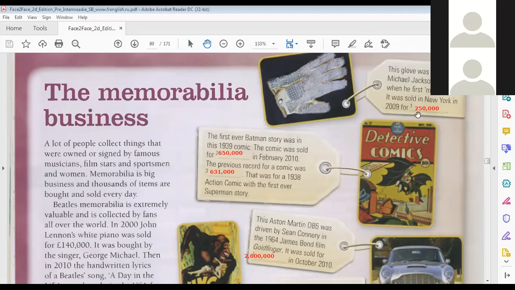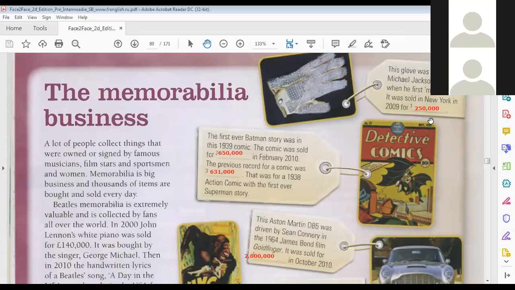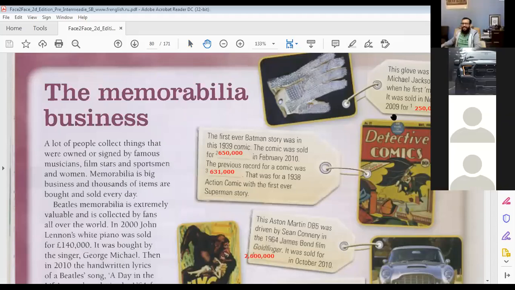But do you know what it means, 250,000 pounds? Do you know how much that is in dinars? It's okay, maybe for Michael Jackson and very old. Yes, because it's memorabilia of someone famous, so maybe that's the reason. I didn't know who can buy it. Some people buy these things. Some collectors, they like these things.